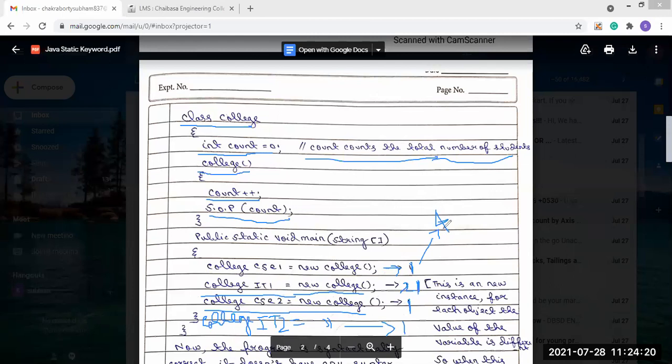We want the value to be 4. But if we don't use the static keyword, then what will happen for the different objects created?